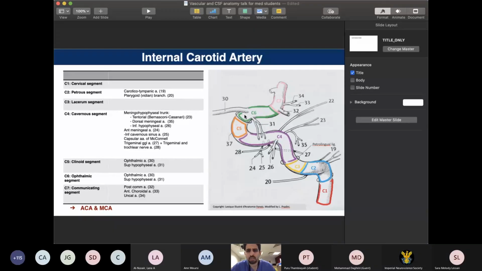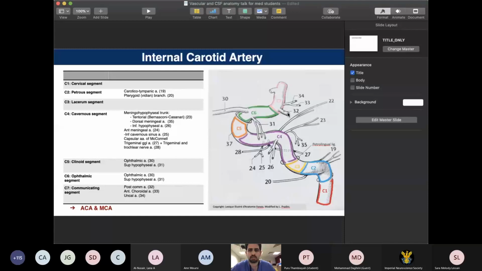As you get into the dura, commonly the first branch that's described is the ophthalmic artery, and usually the superior hypophyseal artery either comes directly off of the internal carotid, but can also come off of the ophthalmic artery. You then go on to the communicating segment, and the terminal branches, which are probably the most